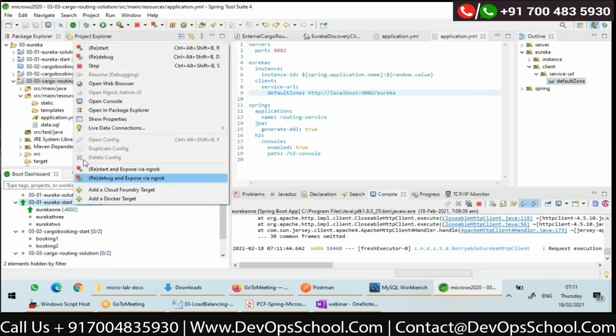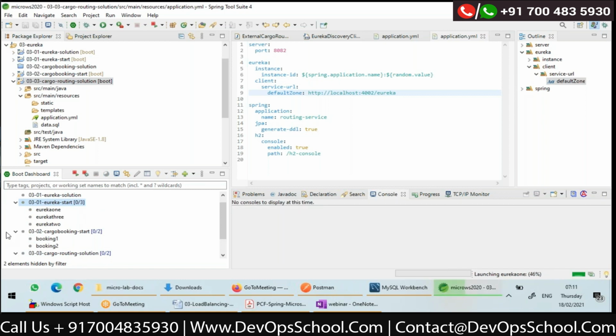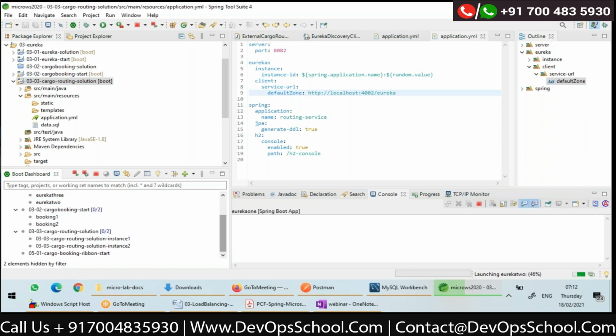I'll start actually cluster of Eurekas firstly, because I have configured that cluster, right? Otherwise, I'll see exceptions on console. Let it start, no problem. So I'm starting cluster of Eurekas, and then I'll start 2 instances of routing service.